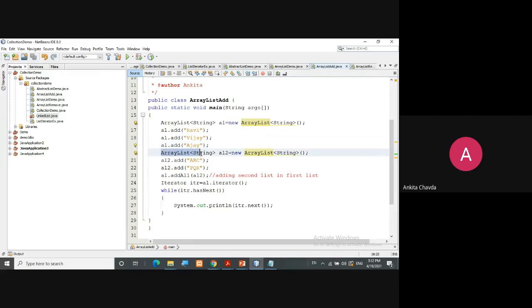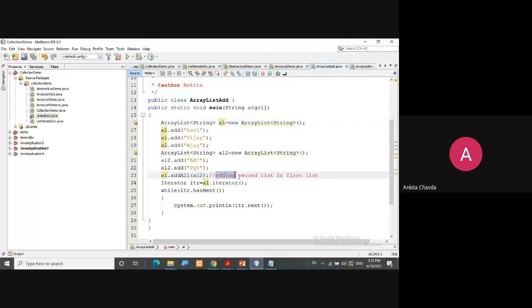Now I'm creating another array list whose name is al2 equals to new ArrayList of string. Here in al2, I'm adding ABC and PQR. So what I'm doing is appending these 2 array lists, al dot addAll al2.